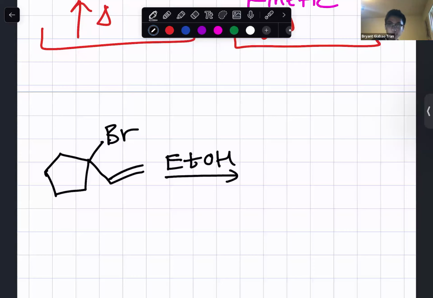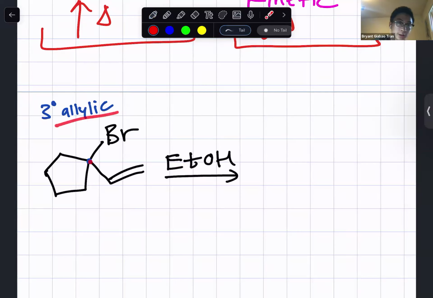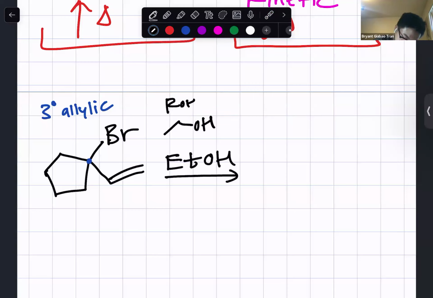Okay, so for this problem here, this is our substrate because that is the one holding the leaving group. That is tertiary allylic. Not just a tertiary substrate, it is also allylic because it is one away from the double bond here. We have EtOH, which is ethanol. Et meaning two carbons, where any neutral ROH is a weak base, weak nucleophile. Big sign of SN1 E1 reaction,